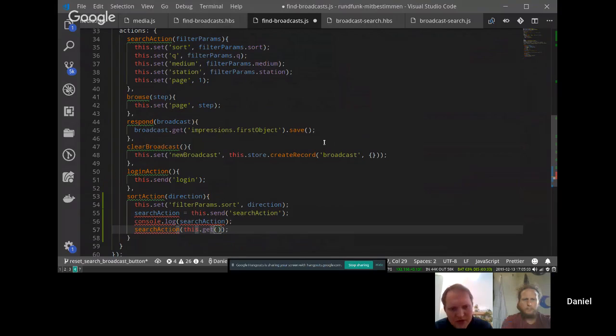Yeah, undo that. We still need this. This is just fine. Okay, this get filter params. So instead of this .send search action, this .send filter params here. Or no, this .send search action is fine. So I want to trigger the search action from line 55, but instead of getting it and send, I have maybe